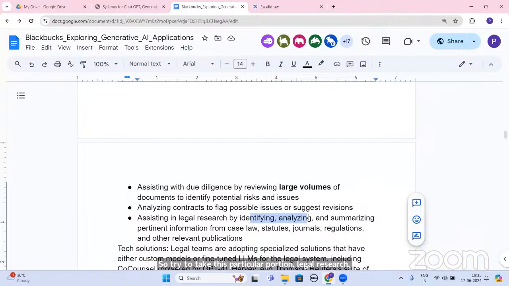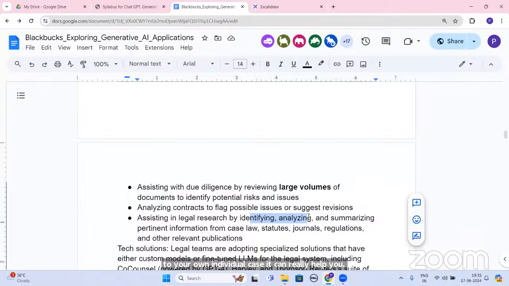So there is a lot of reading that lawyers have to do. Do you remember this? Do you know this? If any of your friends or relatives is a lawyer, there is so much literature survey or review that they have to do. You can't even imagine it. And if you use ChatGPT, it can read it for you, it can summarize it, and with regards to your own individual case, it can really help you get an overview.